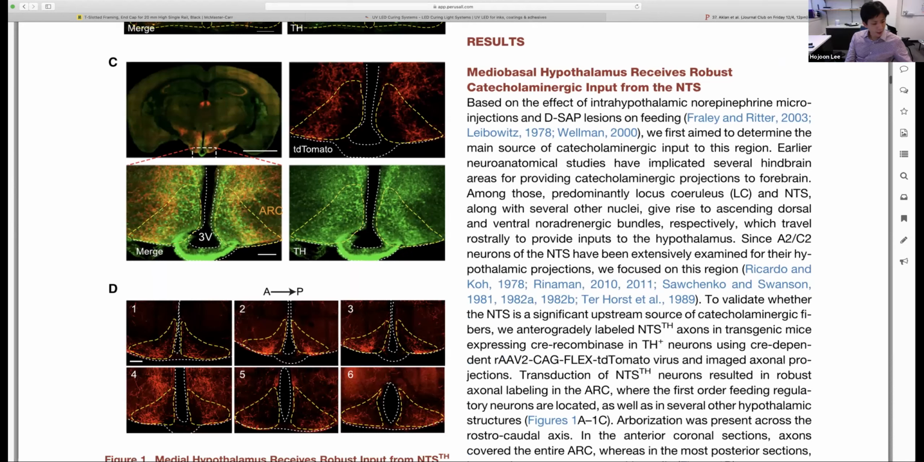So why are they looking at TH? Why are they using TH-Cre animals? That's what I was trying to figure out. I couldn't really find that. So yeah, I guess my question here was,